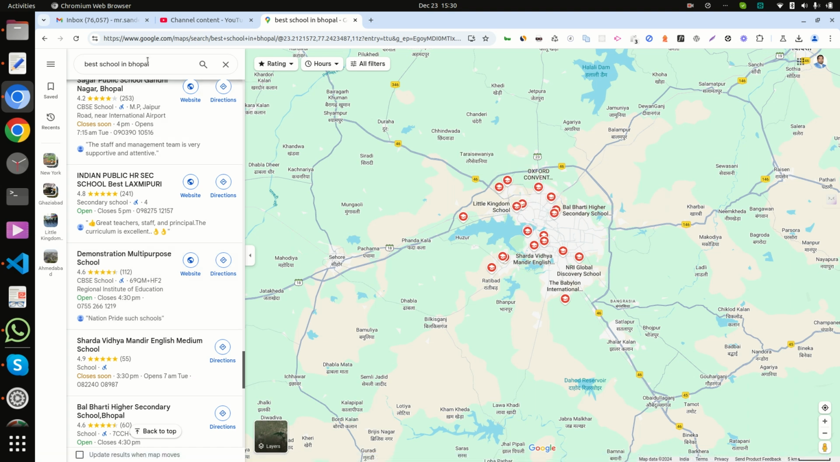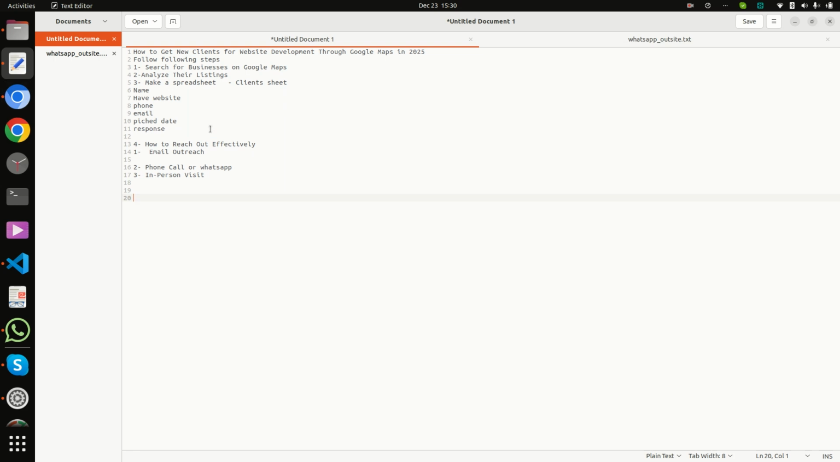We can also search other places, like best school in Gwalior, best school in New York, best school in Sydney, and all other places. Okay, that is one thing. And in the next step,